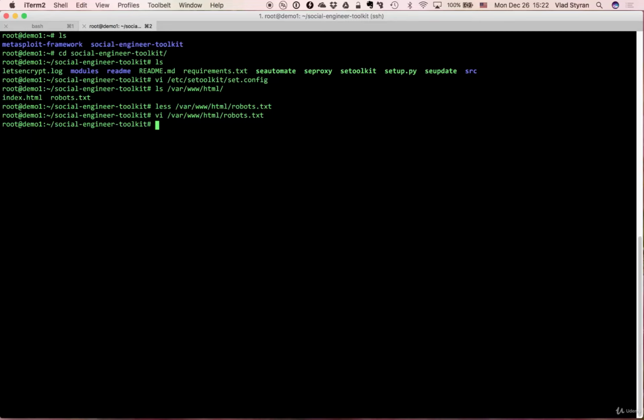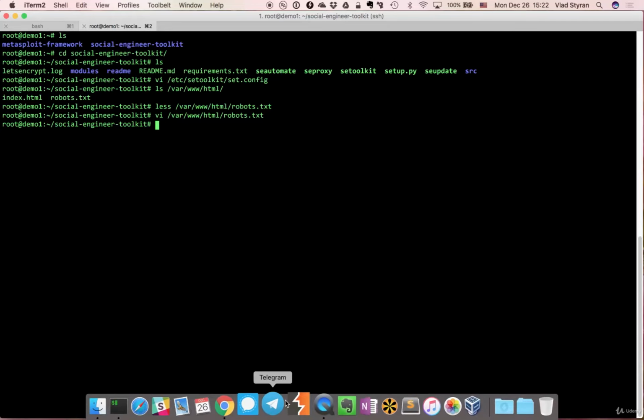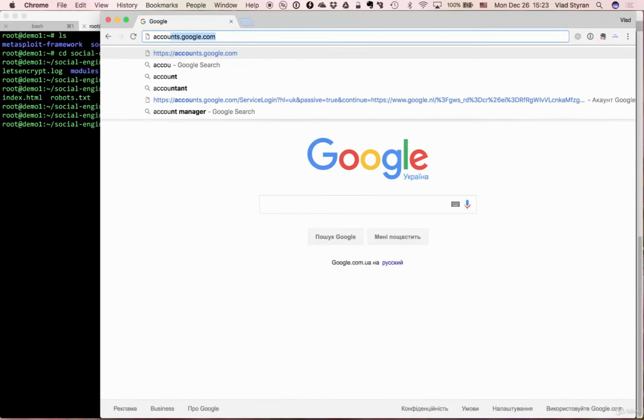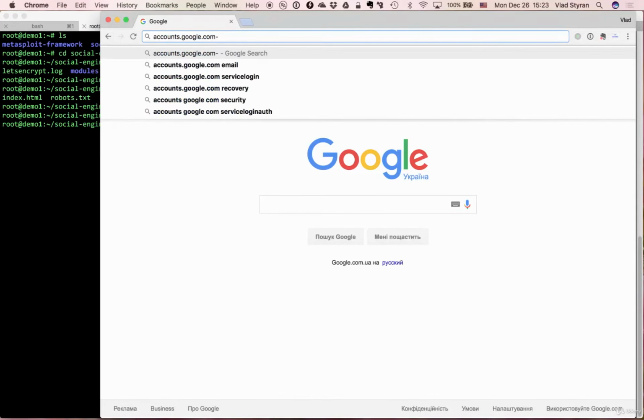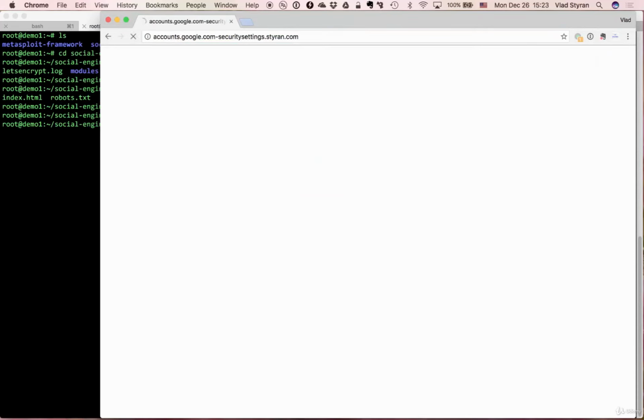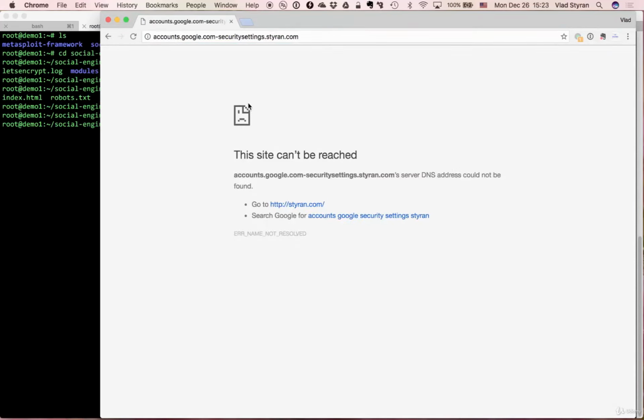So let's say you have created this long unique domain name, that in this case I guess is something like accounts.google.com, and then